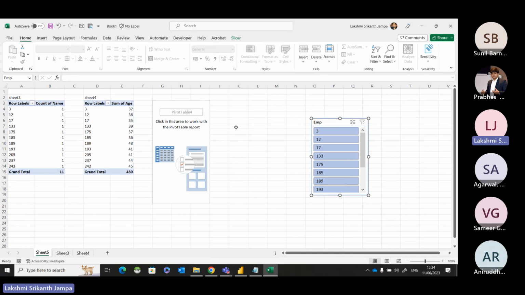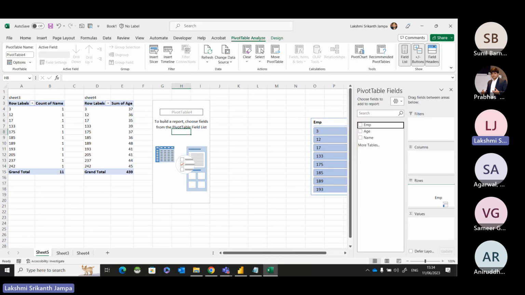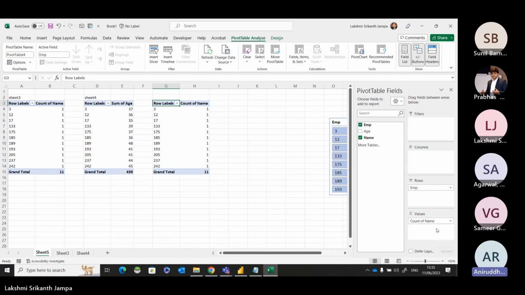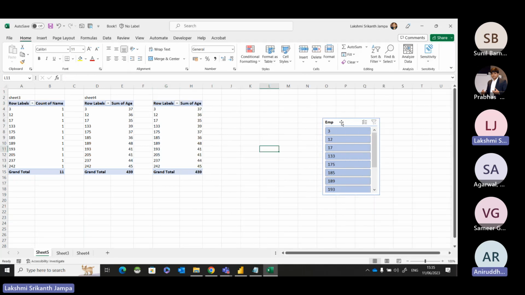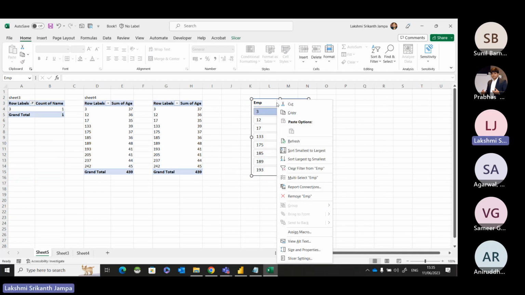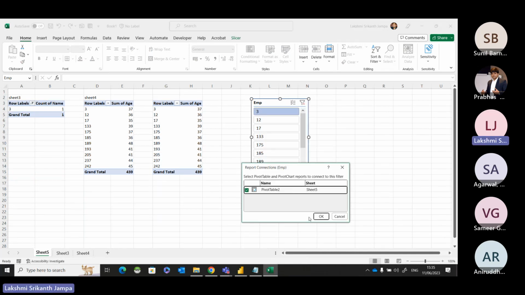Now I created one new pivot table. I'm going to create an employee field here, and then bring whatever it is, name or age or whatever. Let's say I'll bring the age in the same pivot table. Now you see when I click on this 3, it is not creating anything, but however when I click on the report connection, sorry,